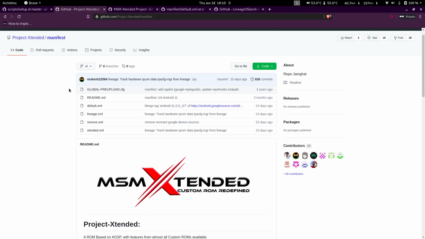So custom ROMs are basically forks of the Android Open Source Project with more customization options, probably more privacy and even security. So that's what a custom ROM is.